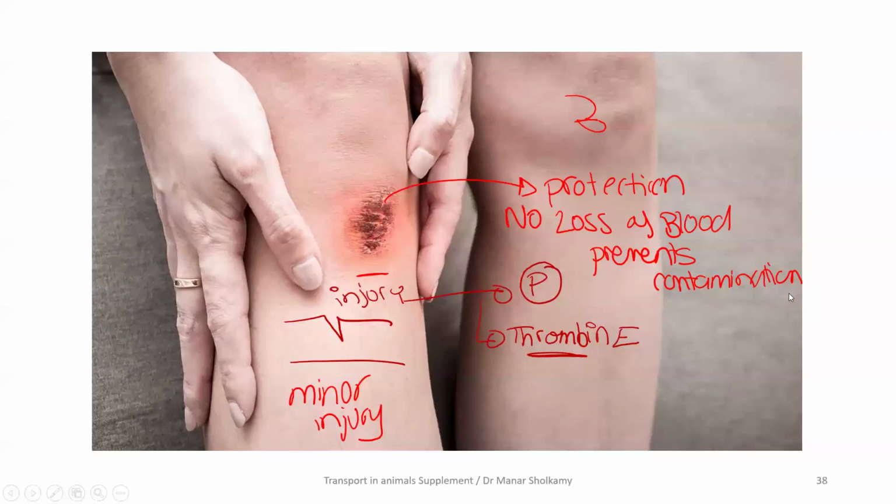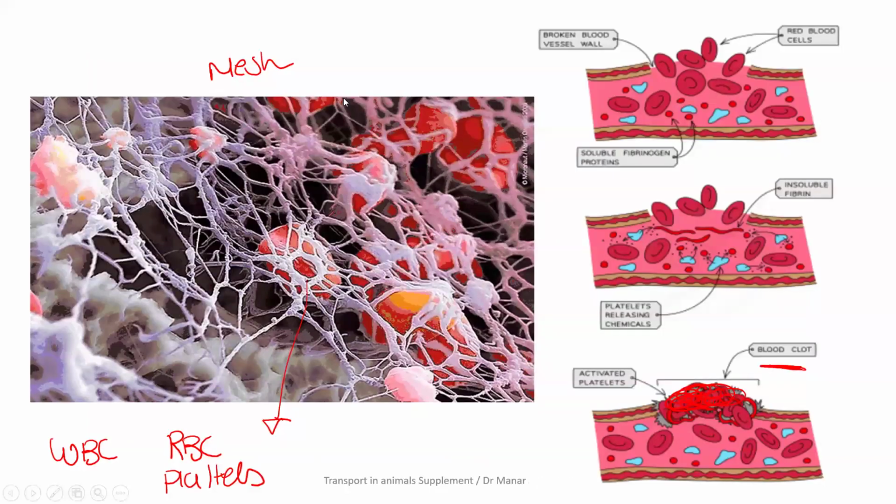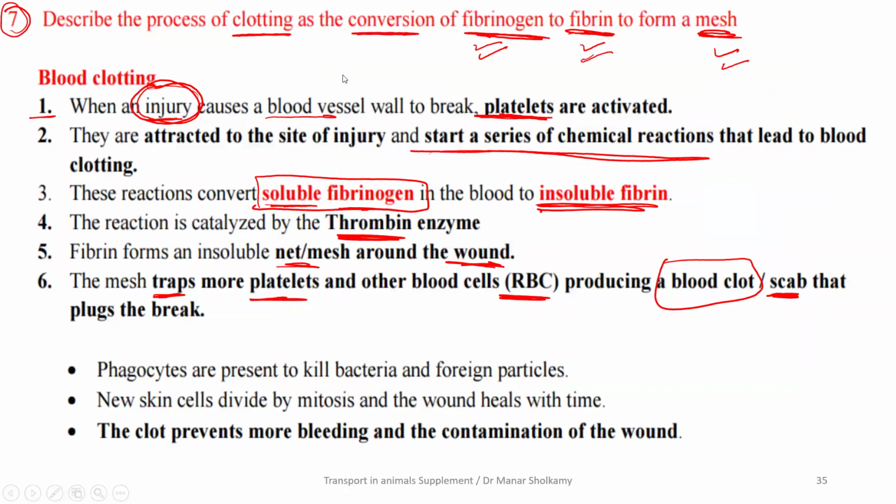How does the healing start? Tell me. When I want to make genetically identical cells to replace cells that have been damaged. Mitosis. Excellent. I have to mention that healing will start by mitosis to create genetically identical skin cells to replace those cells that have been damaged during the injury. And of course, to prevent infection, I have white blood cells at the site of the wound so that you are not infected. Okay? Phagocytes will be present to kill any bacteria and foreign particles. These new skin cells will divide by mitosis till the wound heals.